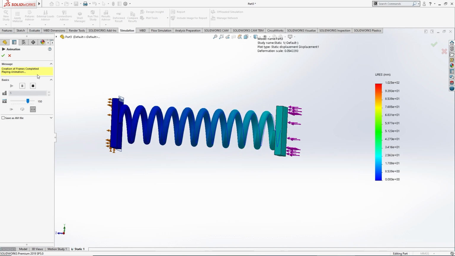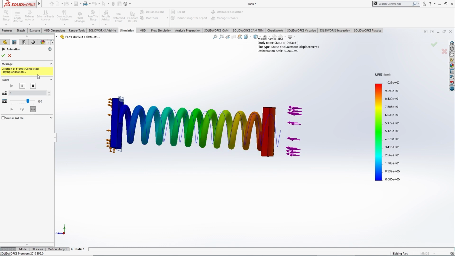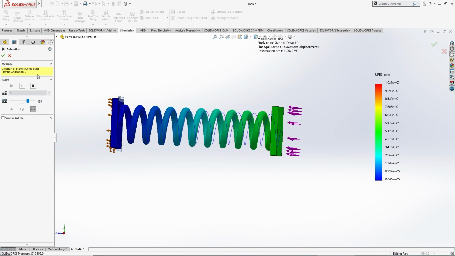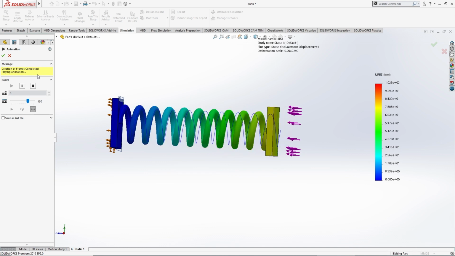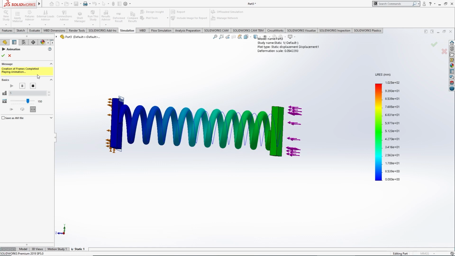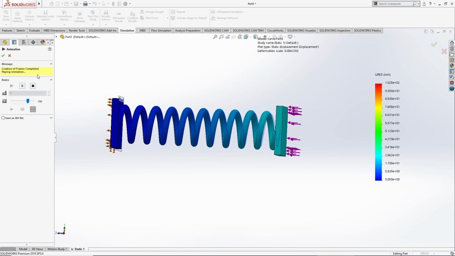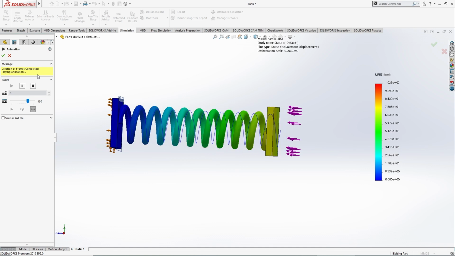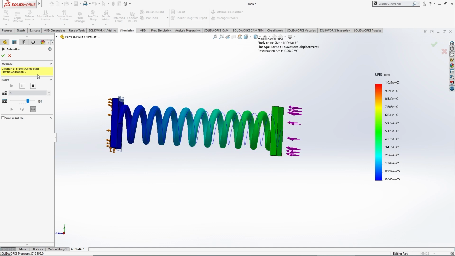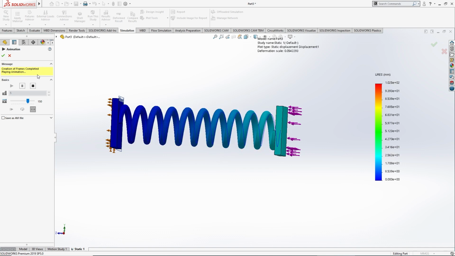So what exactly is a spring? It's an elastic machine element, which deflects when under a load. If you apply a load, it will deflect. Of course, it will deflect. So a spring is like that.